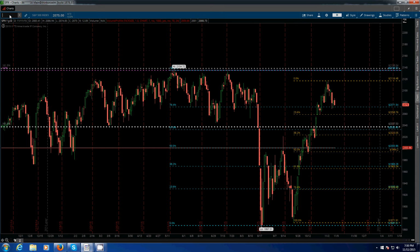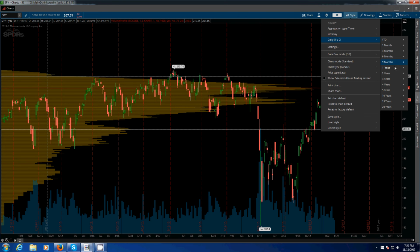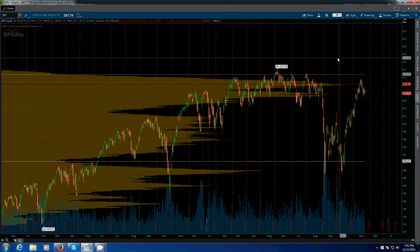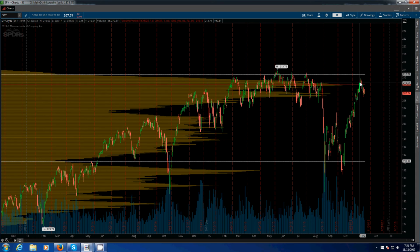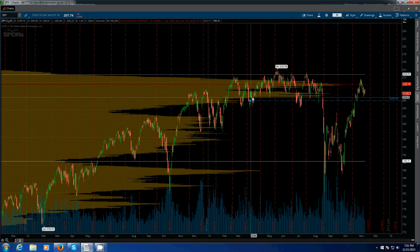If we want to check on the volume layout, we can see on the 2-year that we came up and we hit right here into the high volume node in this ginormous amount of range up here into the top. And now we're here in this little null. There's this little spike of volume below us, but really after, let's call it